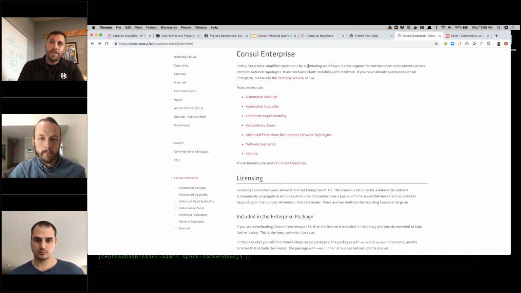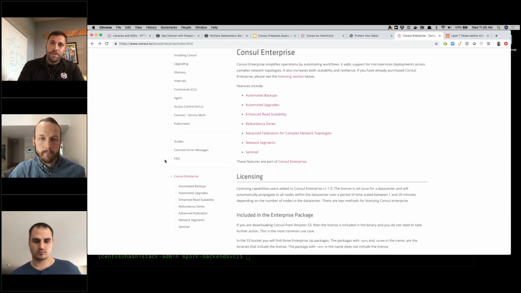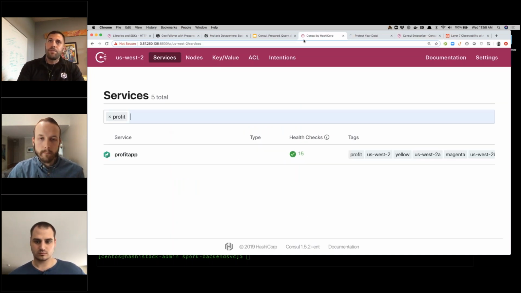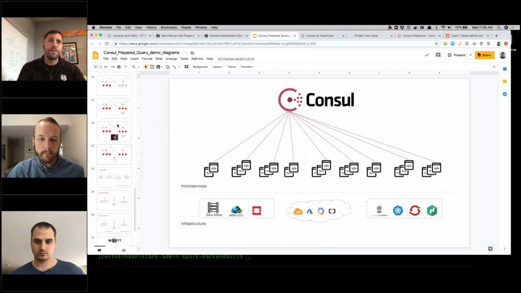Just a quick shout out to enterprise features. These are today just public facing on our website. If you drill down on the Consul enterprise features, a lot of them are more focused on the scale of a Consul cluster. So when we get back to that architectural approach I was talking about in the very beginning,